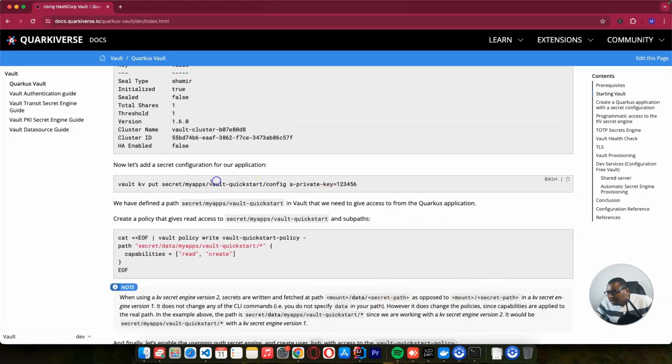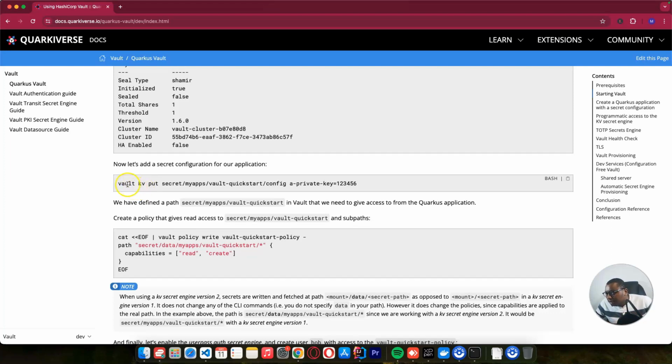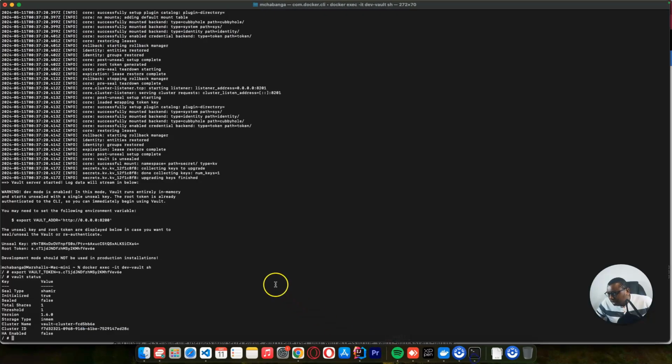So we need to add the credentials now. This is how we can add credentials to our application. You can just copy this command. We are now creating the credentials that we are going to use in our Quarkus project. So you can do this. Here, from a private path, I can just say db